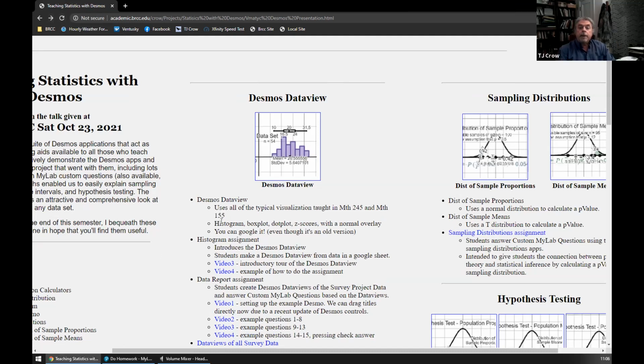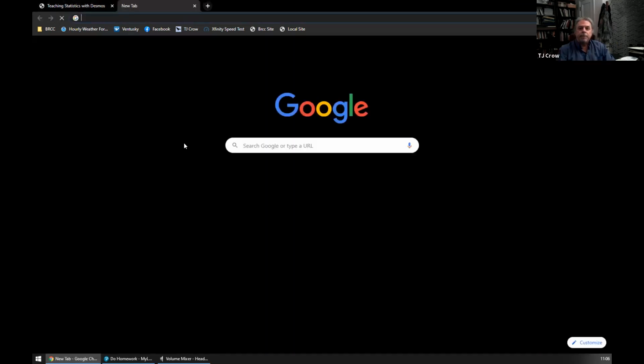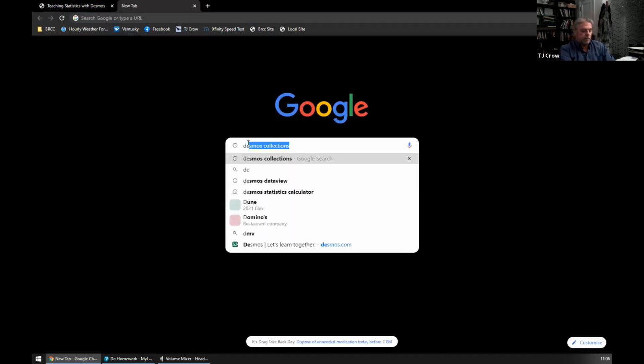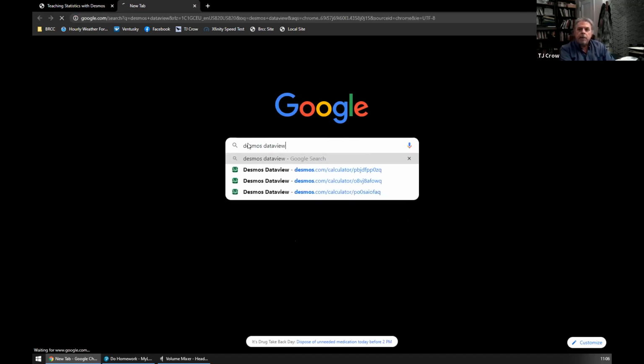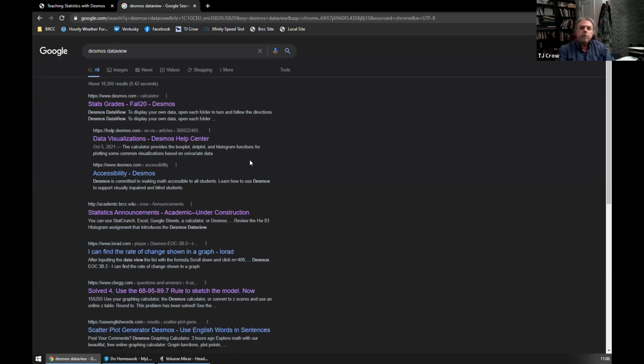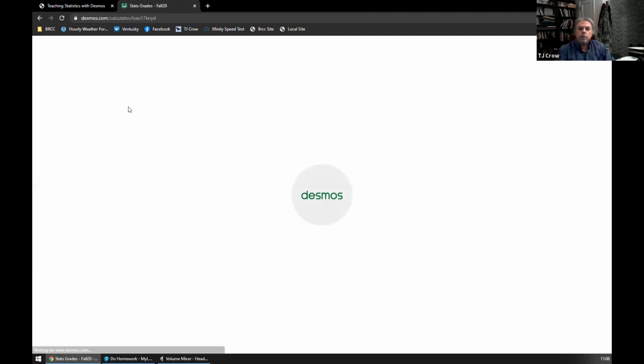All right, so it includes all your favorites: histograms, box plots, z-scores. Let's take a look at one. Oh, I know. Here's something. You can even Google it. This I'm kind of proud of. I'm going to Google Desmos Dataview, which is my own brand name that I made up for this. And there it is. Desmos Dataview